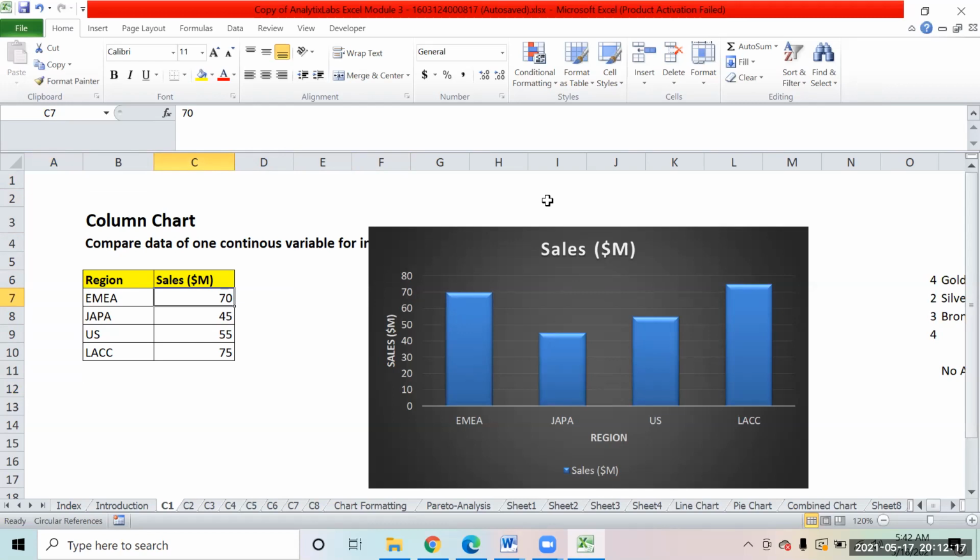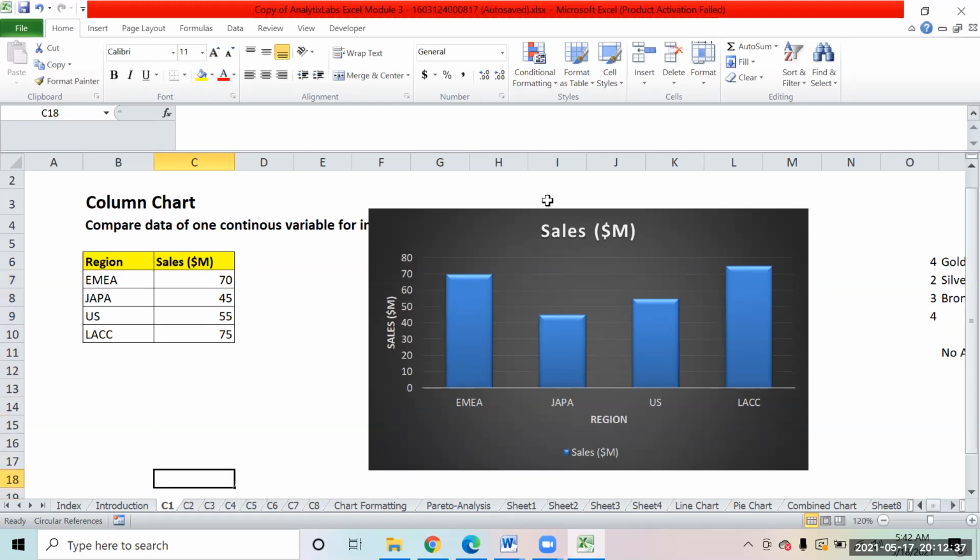So the idea in Excel is just to give you a basic idea, so that at least you can start up with the charts and create them, but not from a very deep perspective, like going into very advanced charts over here. So we will be just covering the basics of the charts.